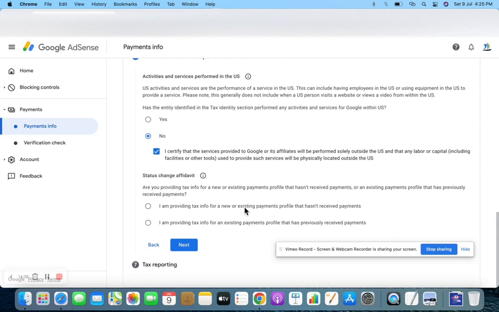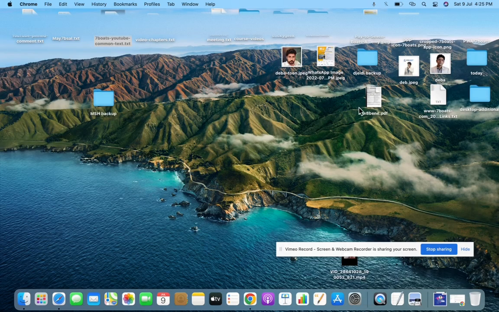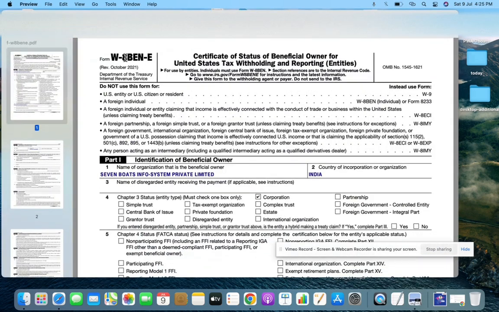Now for Facebook, what we need to do, you need to fill up and edit your W-8BEN-E form through Adobe Reader, or if you're using Mac, there are certain software tools available inbuilt where you can edit the PDF. Now let's open the PDF file here, and you will see how it looks like. So you click on this, and here this is the 8BEN-E form,